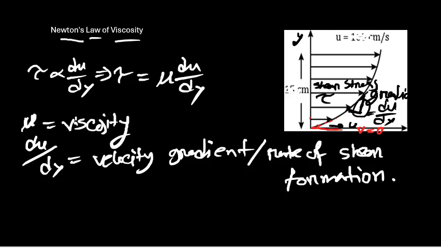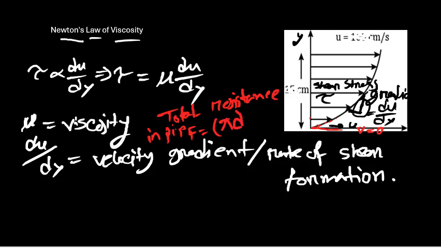We can say the total resistance F equals, for a pipe, F equal to tau times pi d l. Okay,